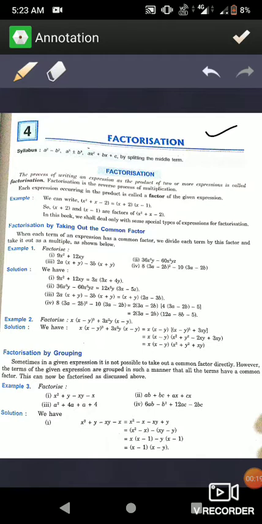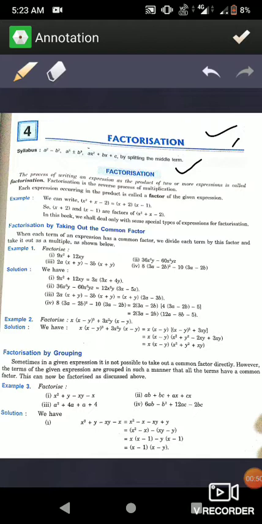So here we will study split term factorization, where we split the middle term and factorize it. Okay, so here we are going to some special cases, and we also learn about some special factorizations. We are going to take the simple one first, and then the complex one, and we are able to solve the factorization. So first of all, you should know about factorization.